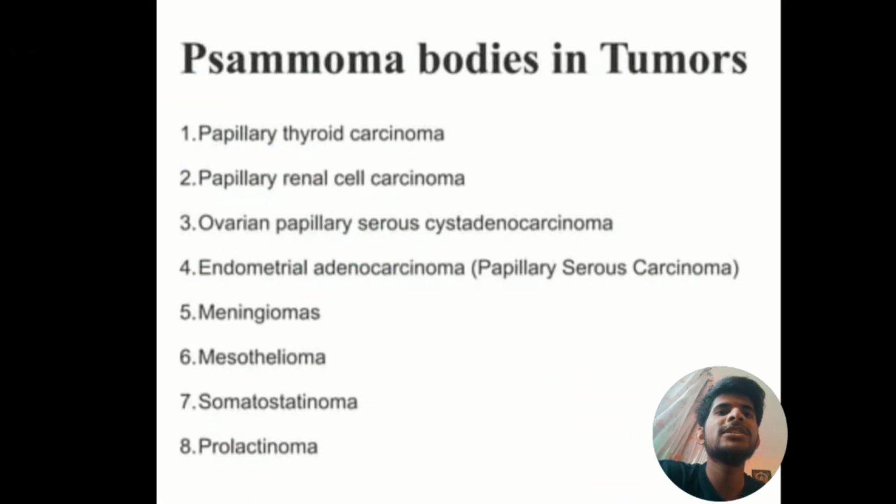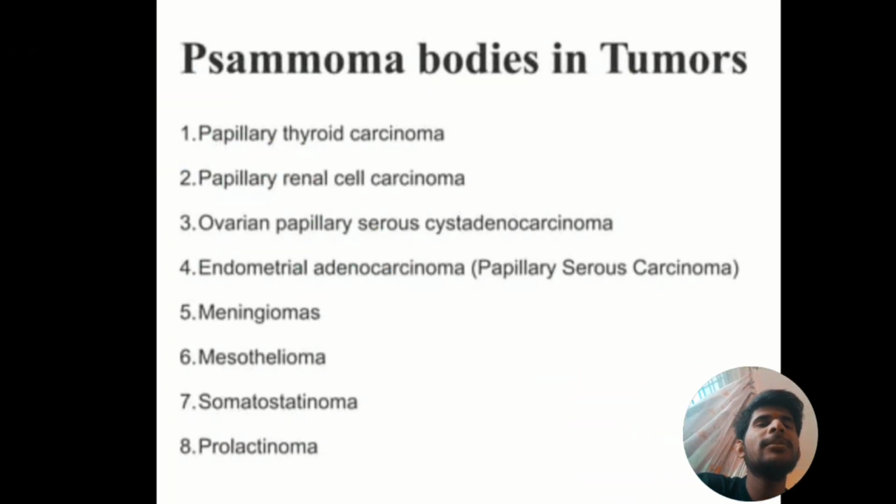Next, psammoma bodies. Psammoma bodies are nothing but the concentric lamellated structure because of a deposition of calcium salts in it. It is seen in calcification like metastatic and dystrophic calcification and various type of other neoplastic conditions. Here are some examples of neoplastic conditions, that is papillary thyroid carcinoma, papillary renal cell carcinoma, ovarian papillary serous cystadenocarcinoma,